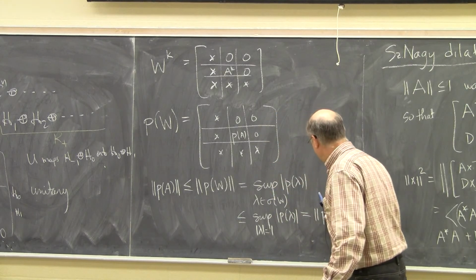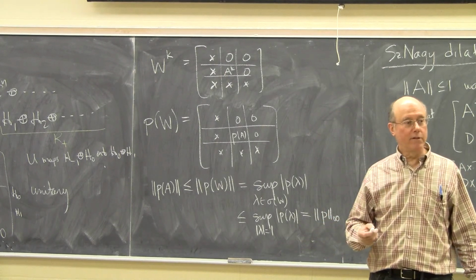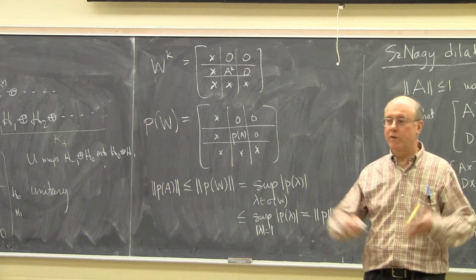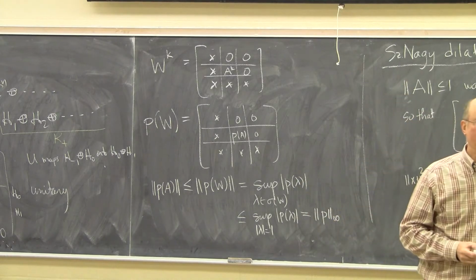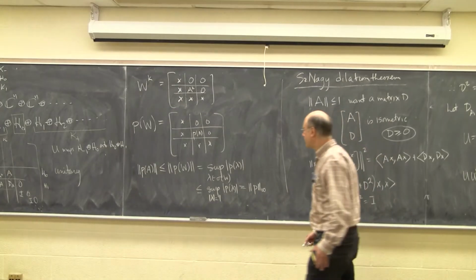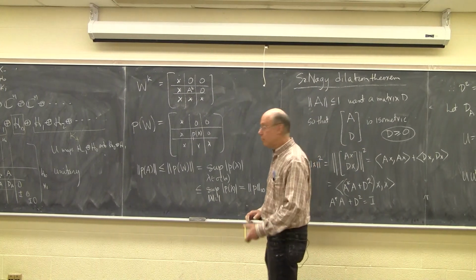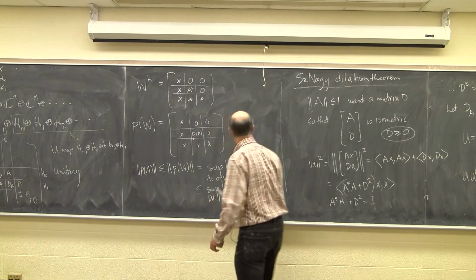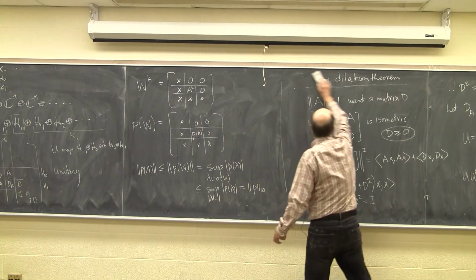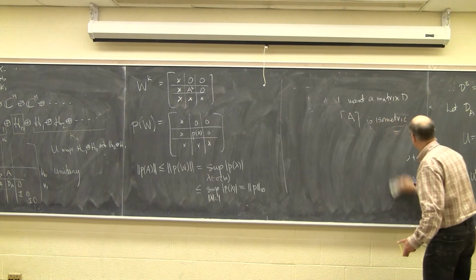And that's the same as the P infinity norm by the maximum modulus principle. Every analytic function takes its sup on the boundary, so in particular, polynomials take their sup on the boundary. So there's a simpler proof of von Neumann's inequality, and it implies something more, which turns out to be important,